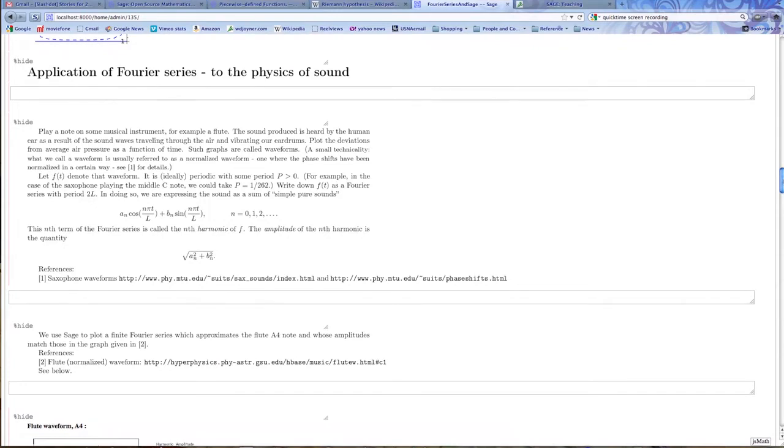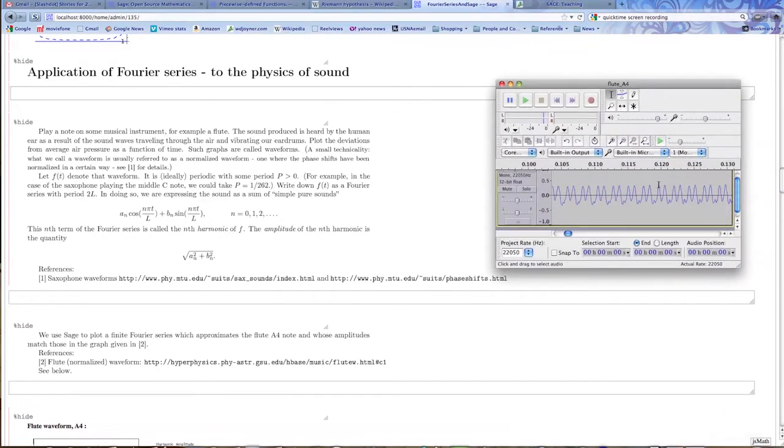Let's look at how Fourier series can help us understand the physics of sound. If you look at, for example, the sound of a flute,